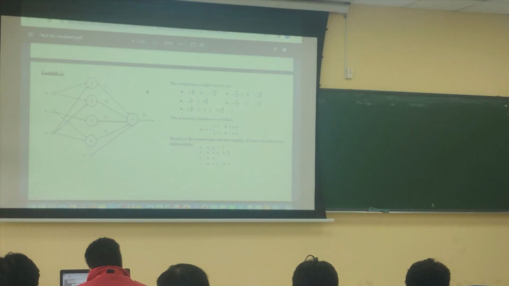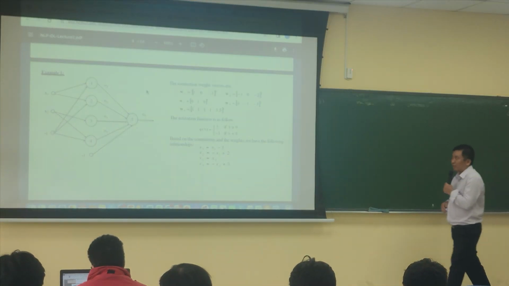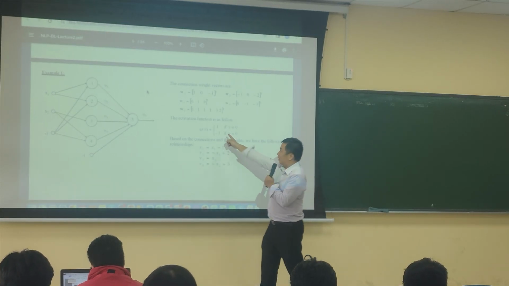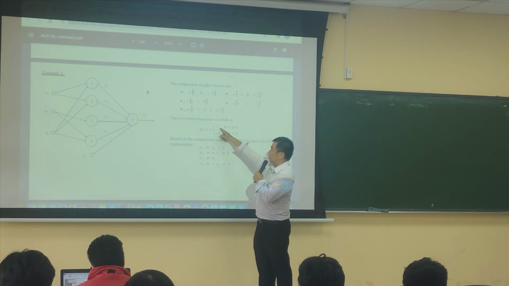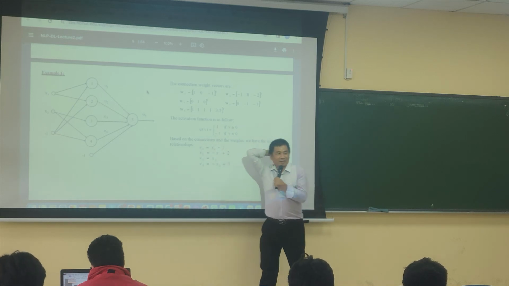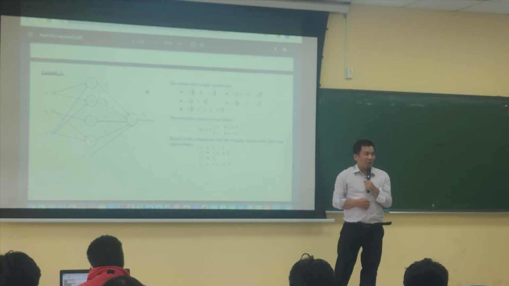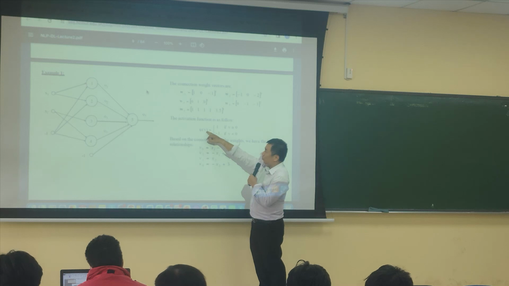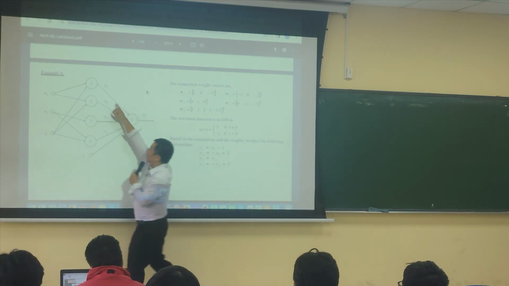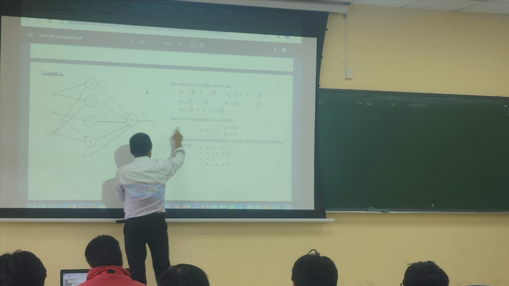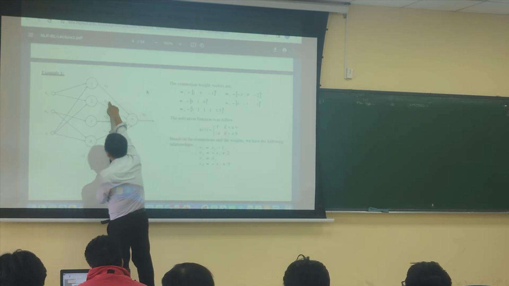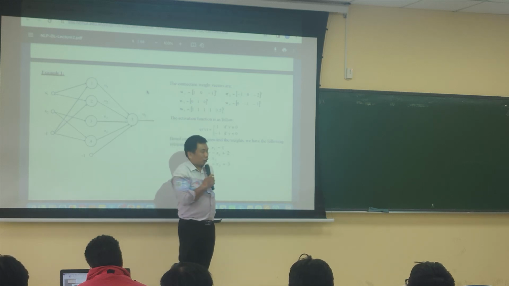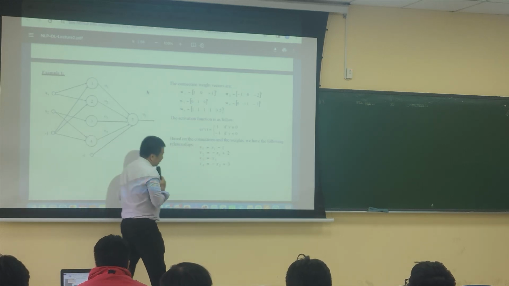So in the lecture on logistic regression, the values for activation and deactivation we chose were 1 and 0. In this case, the designer of this network chose the values 1 and minus 1. Okay, so the mechanism is very simple. You perform the product and you compare the value. If the value of the product is positive, the output here is 1. If it is negative, the output here is minus 1. Okay, depending on the value of the dot product result. So let's see the mechanism of the whole network.